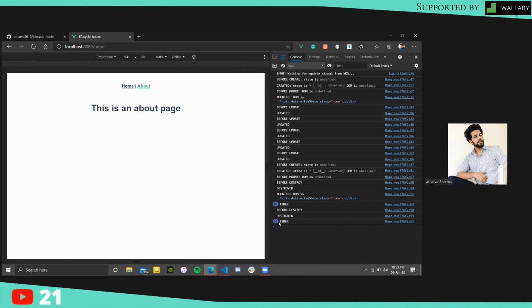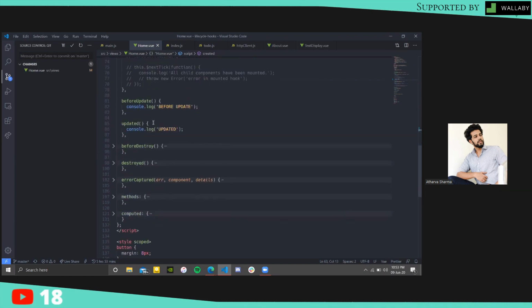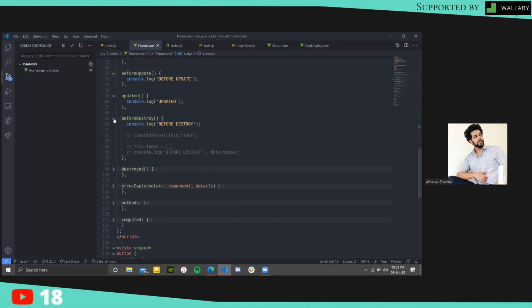Now, how do we prevent this? Well, that's simple. I can go to the before destroy hook and do a clear interval here.